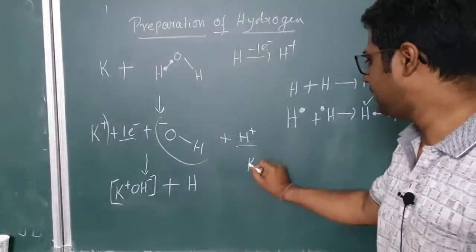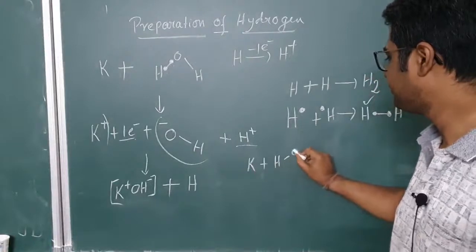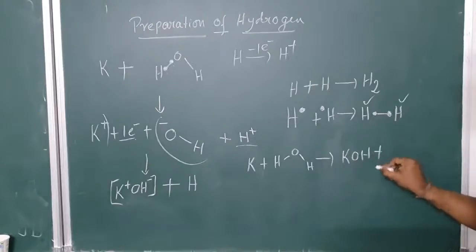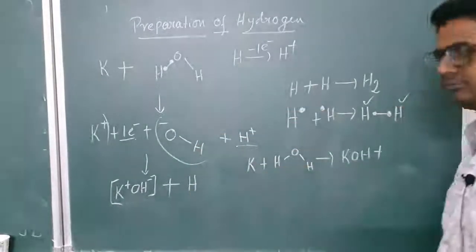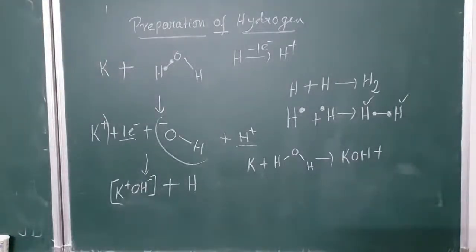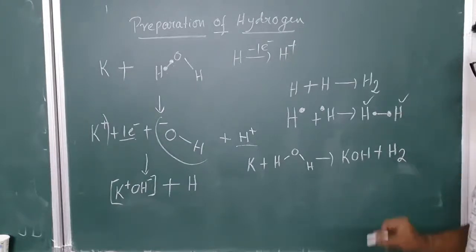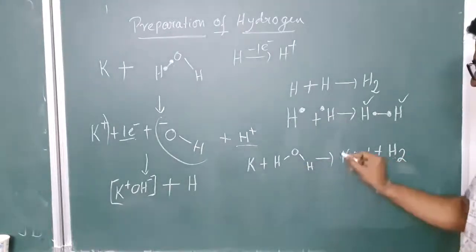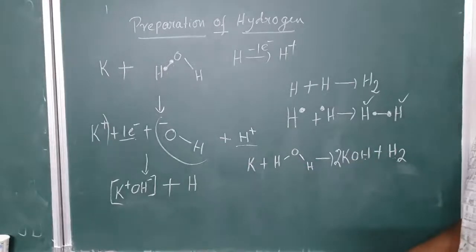So now you can write it like this. As per this reaction, definitely 1 H will come. But you know, single atomic hydrogen is not stable. 2 hydrogens are required. It will form molecular hydrogen. Now after that you will balance. So this is 2 hydrogen. Here OH, so a total of 3 hydrogens are there. Here there are 2 hydrogens. So here you make it 2 because odd numbers are not good for balancing.